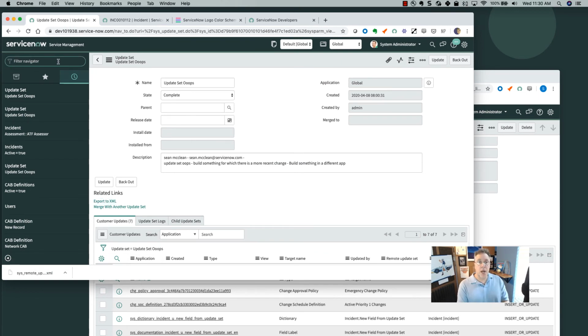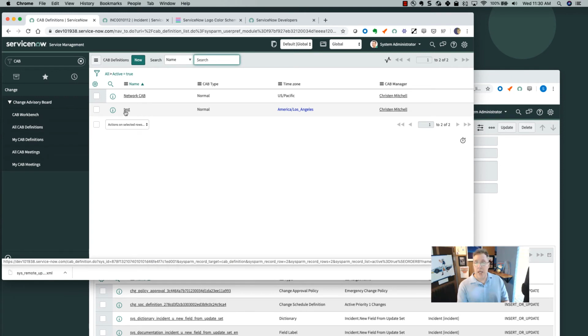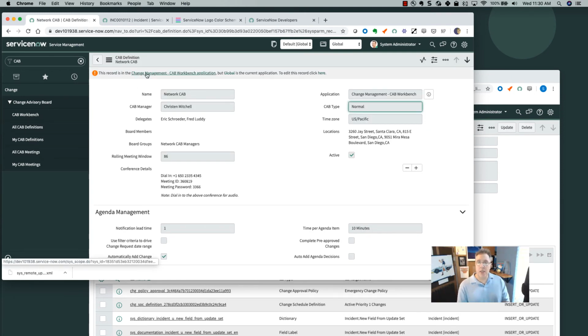If, for example, I were to go into the CAB workbench and look at all CAB definitions and look at a CAB workbench example, I'll get a message that says, hey, this is an error, you're in the wrong package, you're in the wrong scope. So it does tend to warn me of that. But on the off chance that somehow you find a way to actually do work